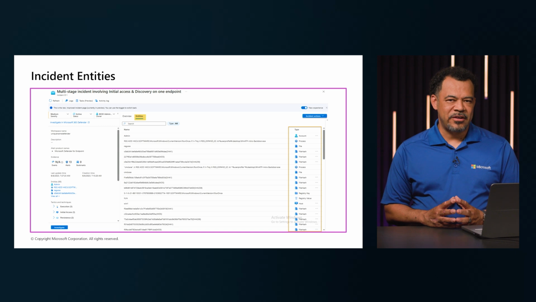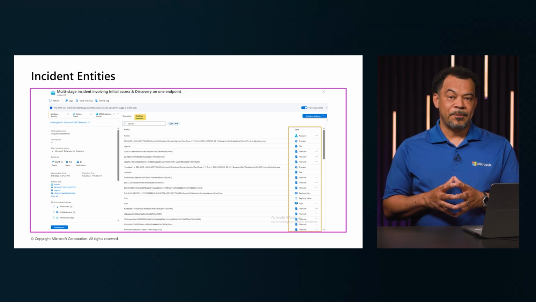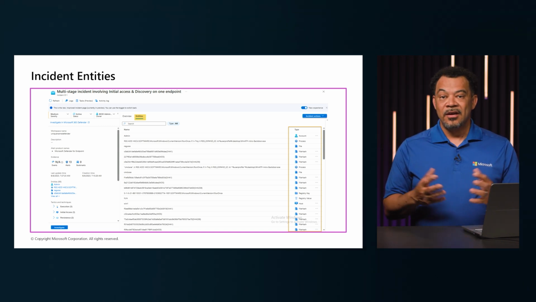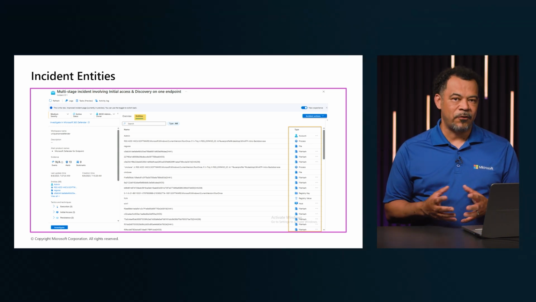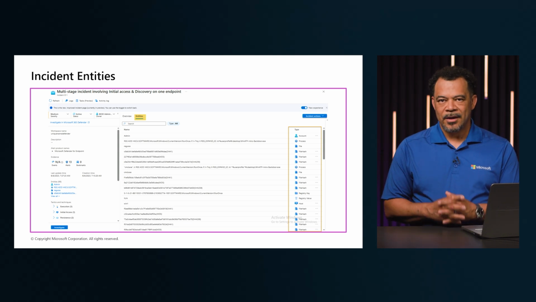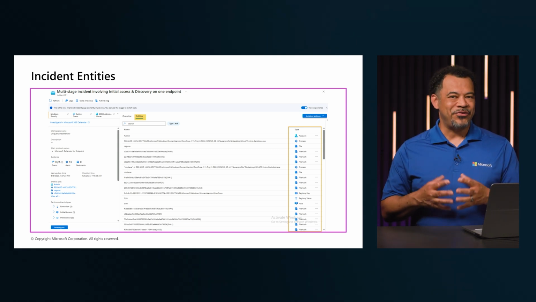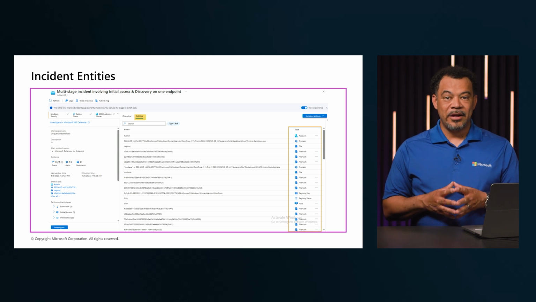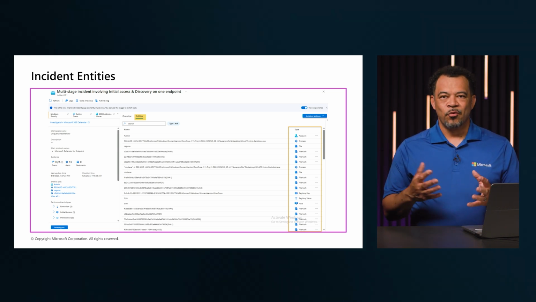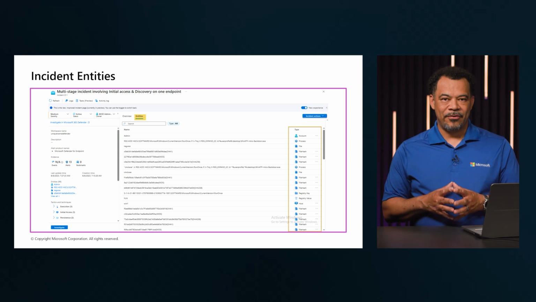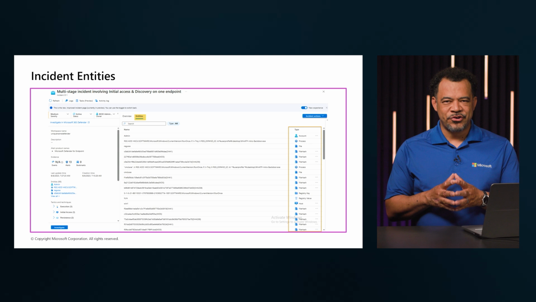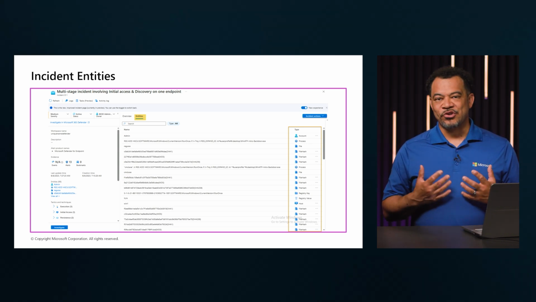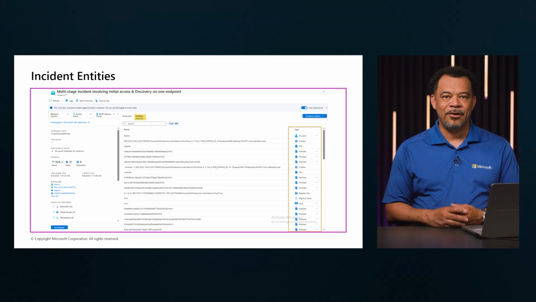In Microsoft 365 Defender, incident reports provide a comprehensive breakdown of multi-stage attacks, such as those involving initial access and discovery on a single endpoint. Each incident is enriched with detailed context, including associated entities like registry keys, file path, file hashes, and user accounts. This structured view allows analysts to trace the attack chain and understand how different components are linked.